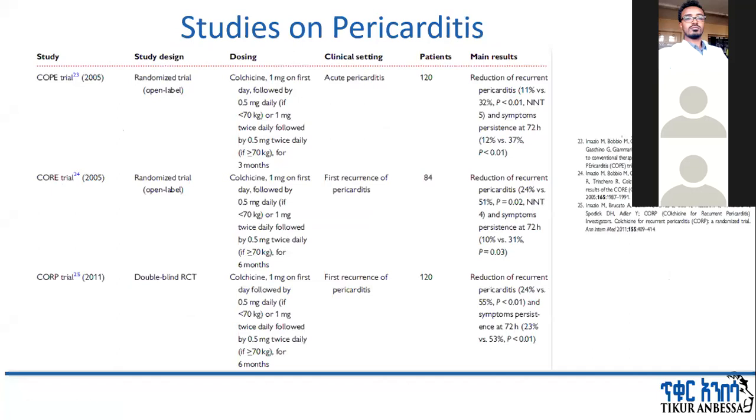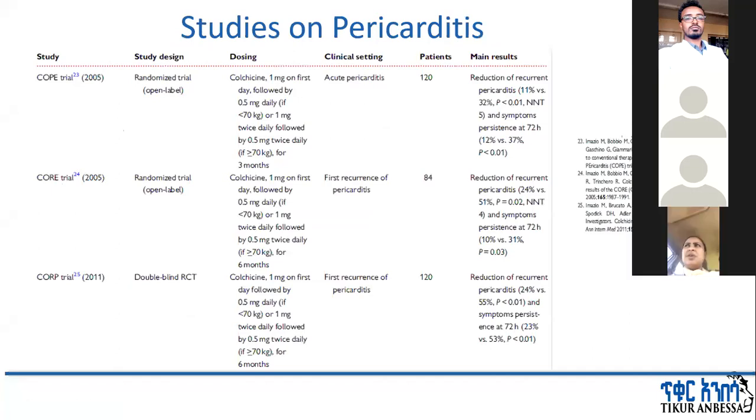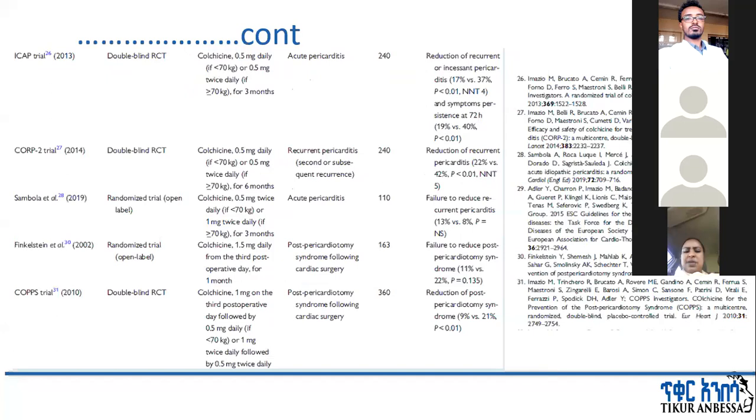So, studies on pericarditis, these are a list of studies, but the most common study is conducted by Massimo Imazio from Italy. Colchicine in addition to conventional therapy for acute pericarditis, the results of the COPE trial, Colchicine for Acute Pericarditis, in 2015, and subsequent trials demonstrated that there is a significant reduction in recurrence of pericarditis, re-emergence of pericarditis, and even in patients having recurrent pericarditis there are positive results, and these are